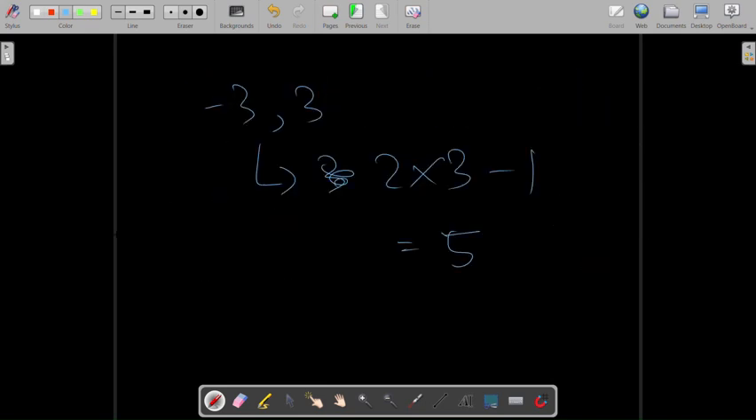If I wish to check the number of integers between -3 and 3, I can check like this: the integers